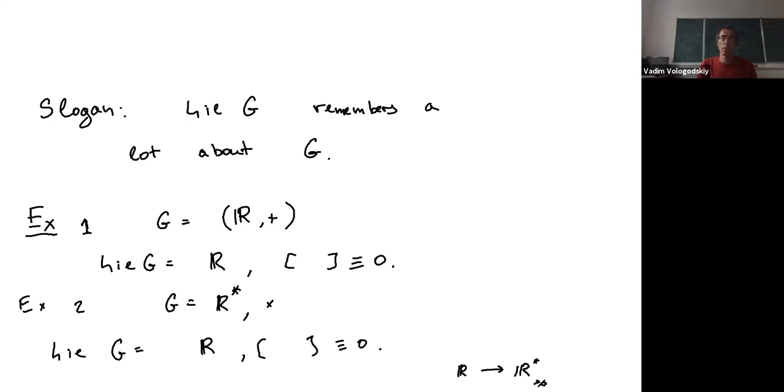Yes, definitely I'm saying something stupid here. Here I have the exponential map, and it's already the isomorphism, right? So what I wanted to say is that there is another example,